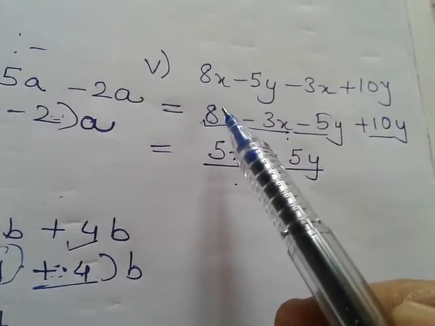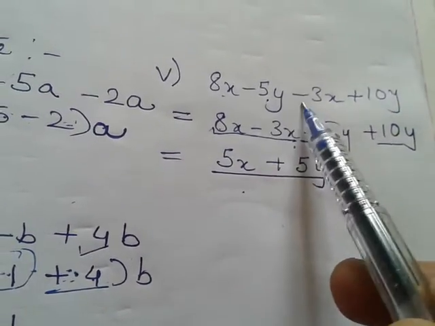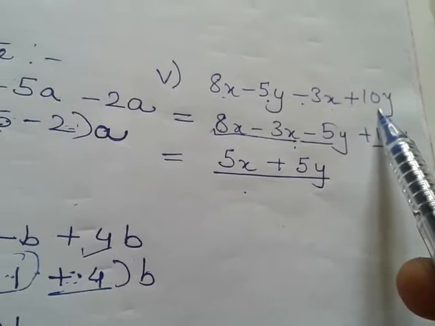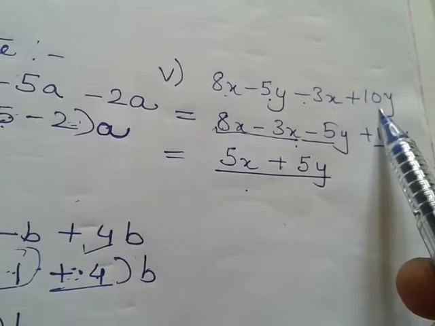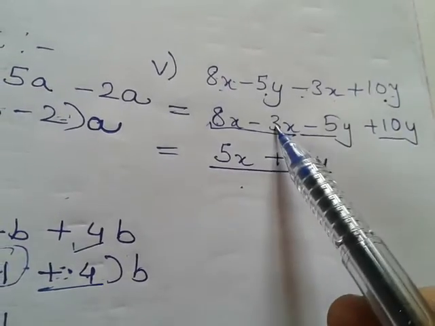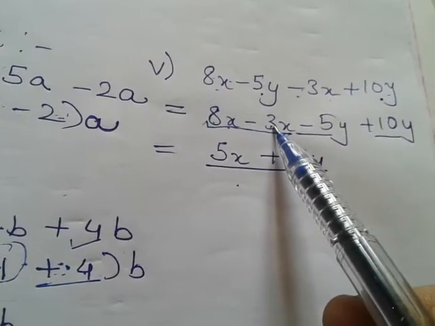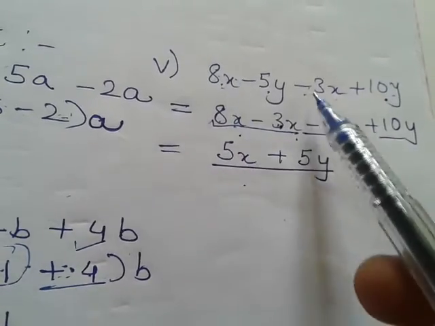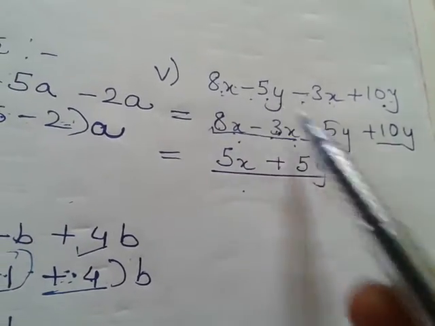Okay. This question is different. 8x minus 5y minus 3x plus 10y. In such cases, what we should do is first segregate like terms. So see here, 8x minus 3x, x together I have taken along with their signs. So 8x minus 3x minus 5y